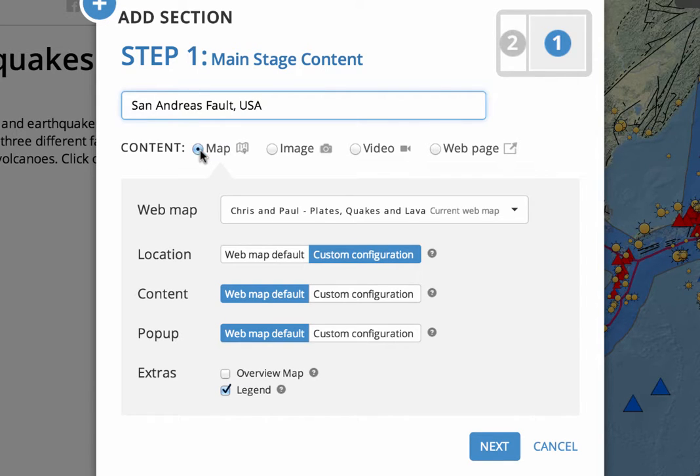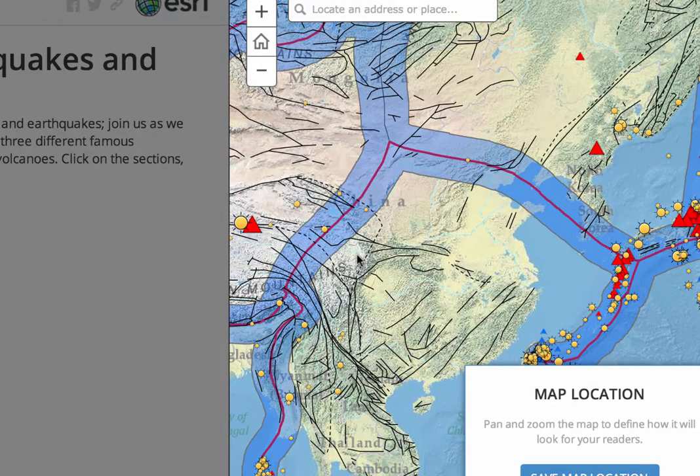So right off the orange card, our content is going to be map. Our web map is the same. Now this is where we can do a custom configuration for where we show on the map. So we're starting with this view of our Pacific plates here. And if I click on custom configuration,